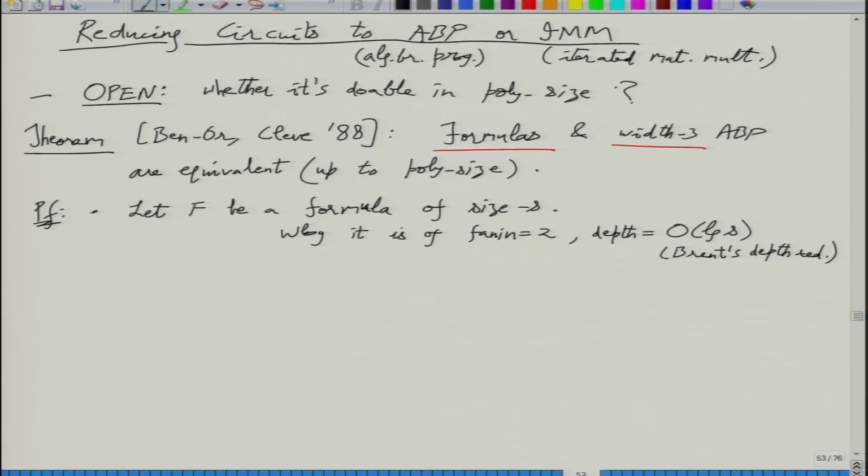So let us now implement this using 3 registers, or 3 cross 3 matrix product. Whatever you do in one step with 3 registers, you can see as a kind of matrix transformation, and when you do another step, it becomes a product. So this sequence of iterated matrix multiplication is really all these operations you are doing on 3 registers, and in the end you want to compute the polynomial.